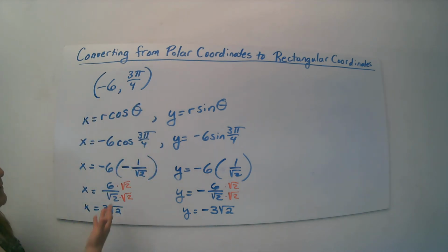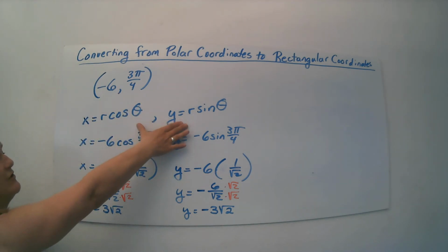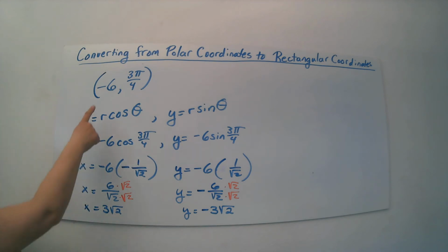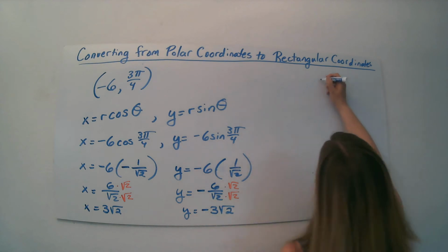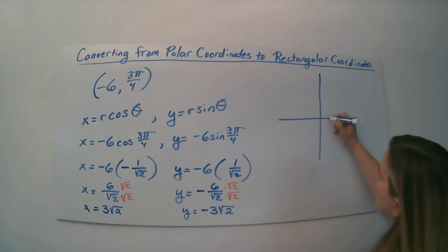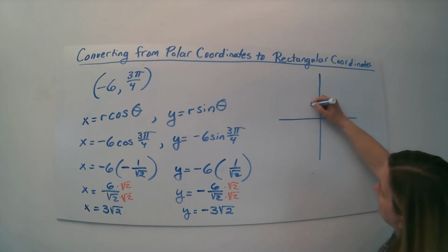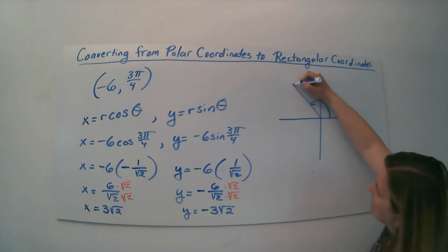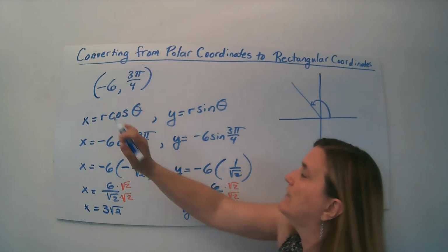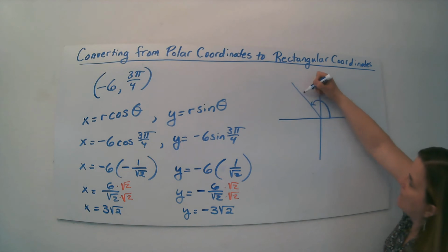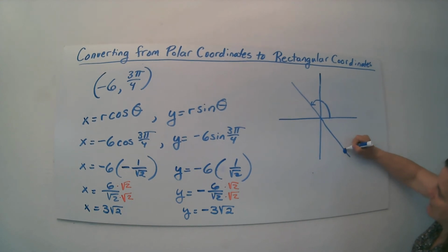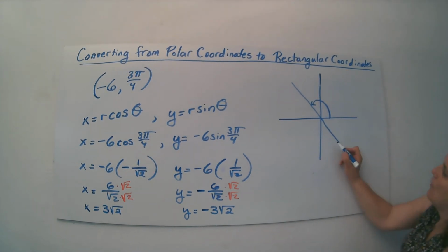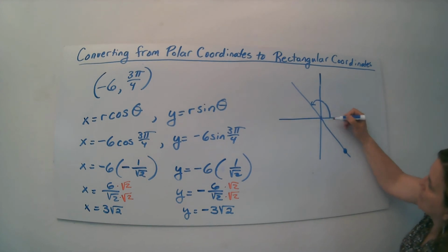I just did it without drawing a picture because we know these equations are valid always. But let's draw a picture. 3 pi over 4, let me remind you how we would graph this one. 3 pi over 4 we know is over here. But with an r value that's negative, instead of going forward, I would go backwards in the opposite direction. So in fact, the point that we're talking about is over here,